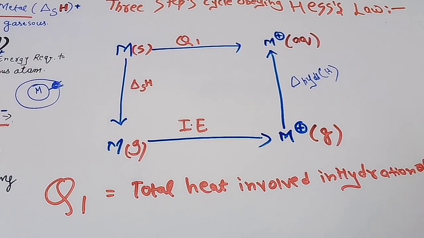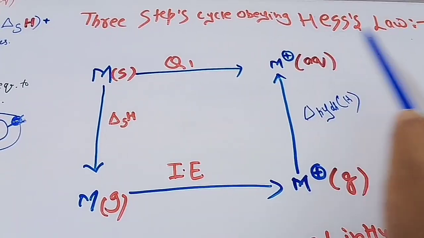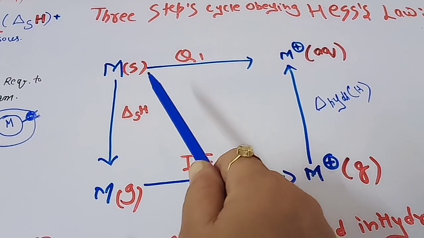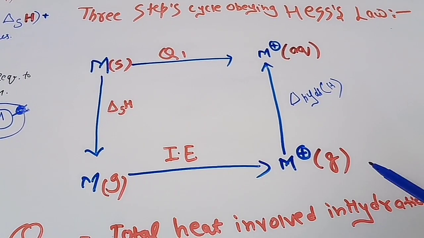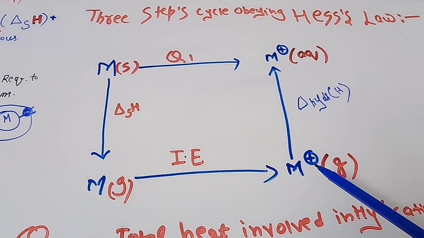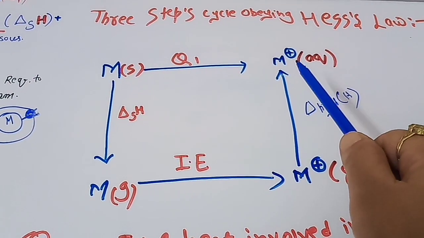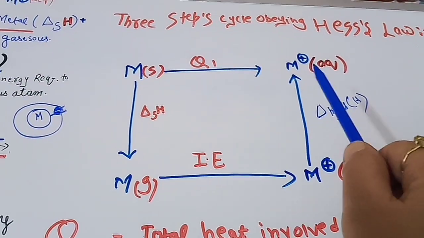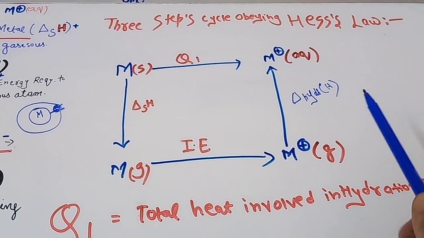Now we will study our first cycle. It involves 3 steps. That is, the first step, the solid metal converts into the gaseous state, and this gaseous state converts to the metallic cation state, and this cation, when it interacts with the water, gets converted to the aqueous state. So let us see these 3 points, what type of energy is involved and what heat changes take place in